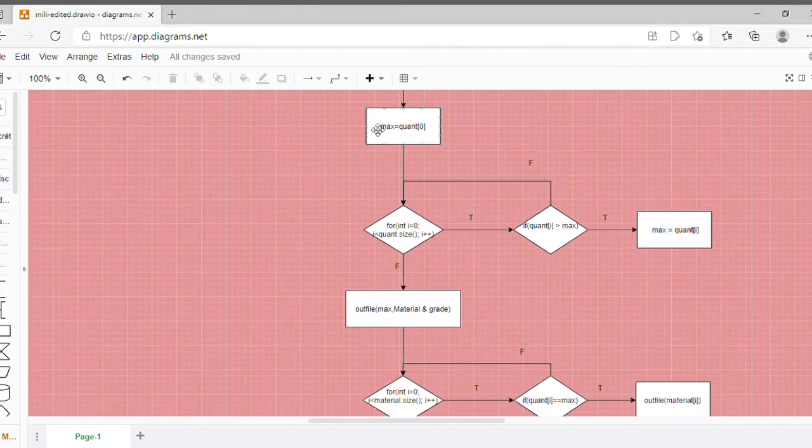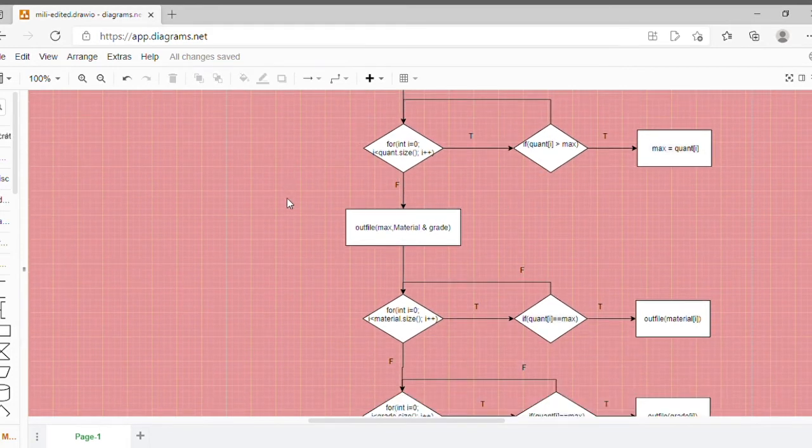Okay, and then this part here is to find the maximum quantity. So if there is another material that has a higher quantity than the first quantity that the user has entered, it will reinitialize the maximum value. Okay, and then we will print the maximum material and grade